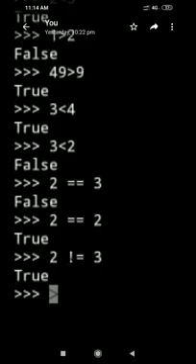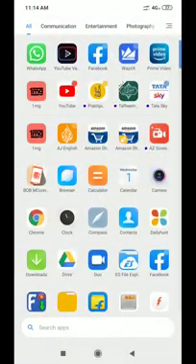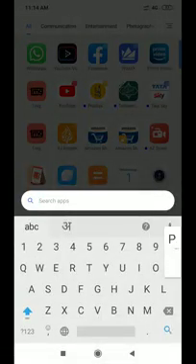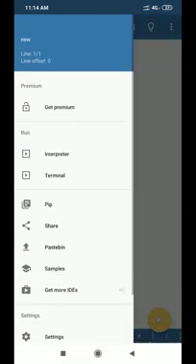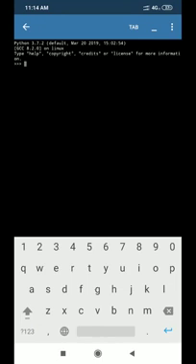Okay, so now again I am going to open Python PyDroid 3, and again I'm opening the interpreter. This window comes. I know the fonts are very small, but again we can try a few more.